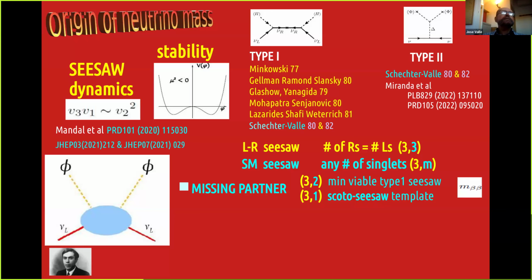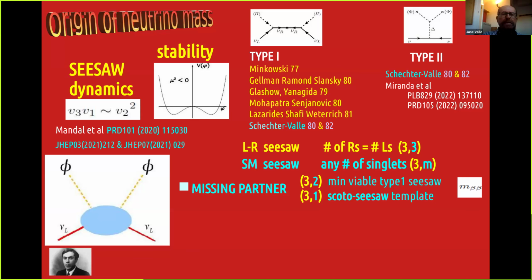So this is a very nice idea, that one has a complete theory for the oscillation length. And an example of this theory, which I especially like, is the scotoseesaw, because it combines two paradigms. The seesaw paradigm would be responsible for explaining atmospheric neutrino oscillation, and the scotogenic paradigm would be responsible for explaining solar neutrino oscillation. In either 3,2 or 3,1 missing partner seesaw, one has a lower bound for the DBD amplitude, which I just mentioned before, and I told you there were several examples. Here there are 2